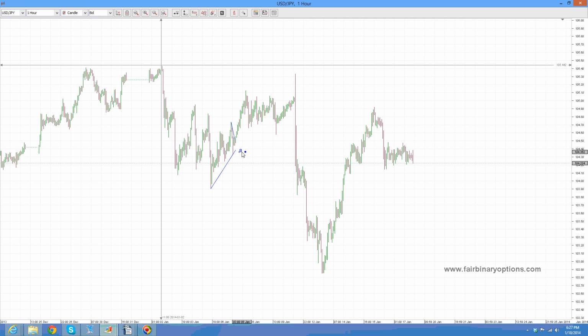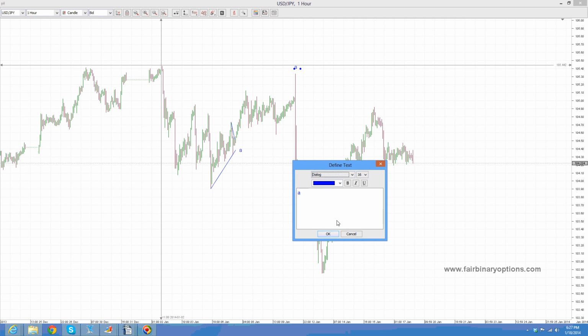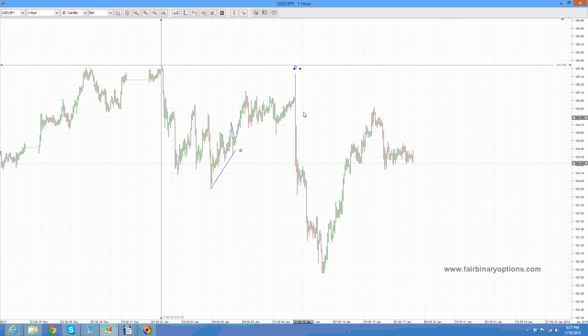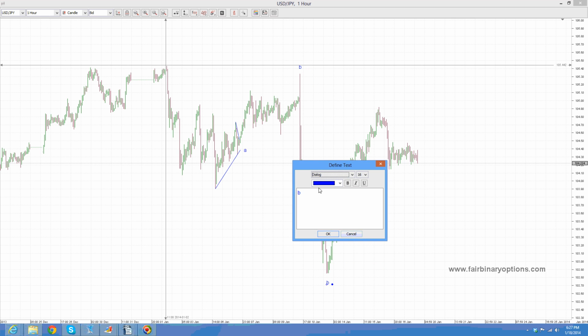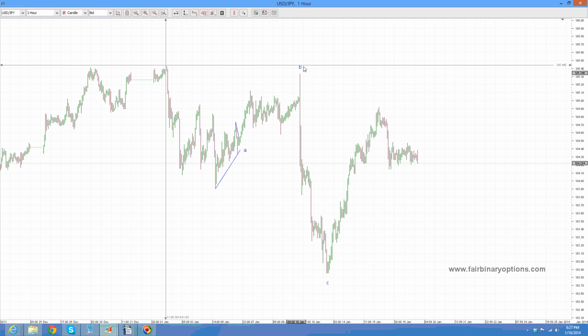Then of course we had the B wave with the spike higher prior to the non-farm payrolls in the United States last week, and then a C wave to the downside. Now this C wave to the downside must be a five-wave structure. Why a five-wave structure? Because you are looking for the retracement of the previous B wave, and the retracement for the previous B wave starting with this moment of time,